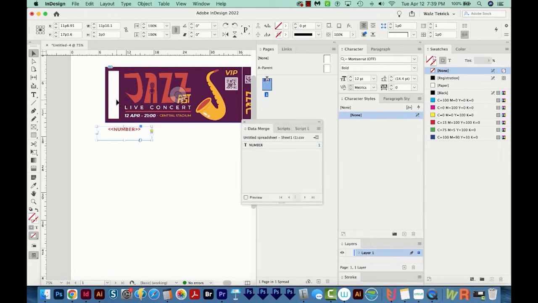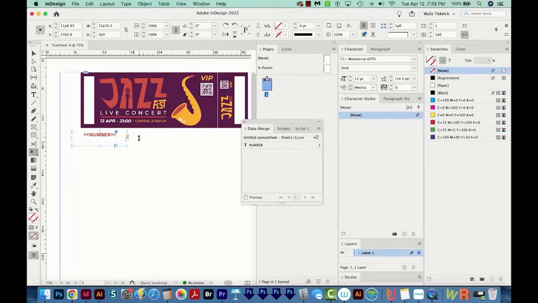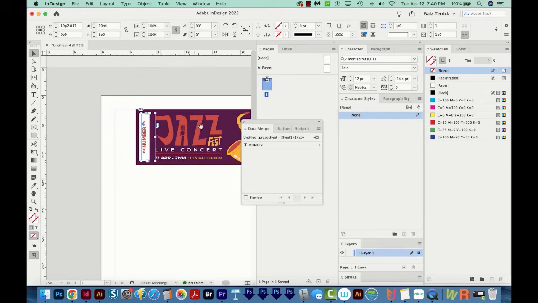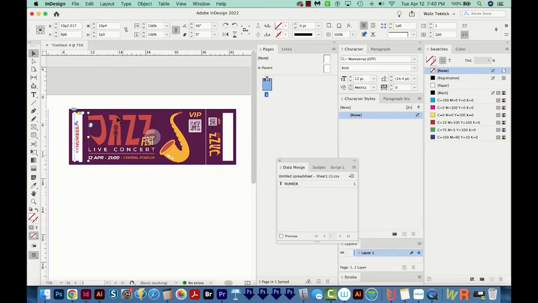So now I want it to be in this spot and this spot. So I'll rotate it. I'll hit E on my keyboard. You can also hit R. E is free transform, and I'll just rotate it up like this. And I'm going to zoom in and make this the same width as that white space and just kind of center it up visually in the space. I'll zoom out with Command minus or Control minus. And then I'm going to copy this with Shift and Option, or Shift and Alt on a PC, and put one right here. And I'll come back to my Data Merge window and I'm going to hit